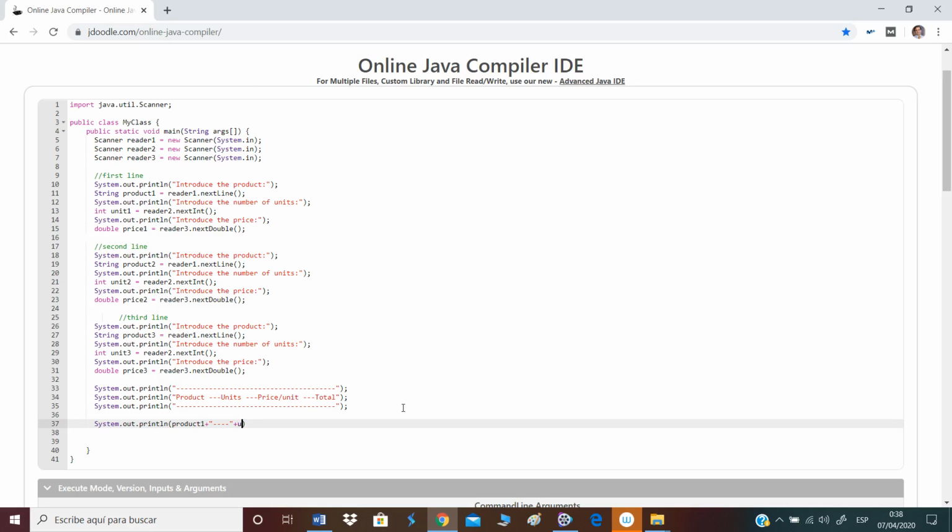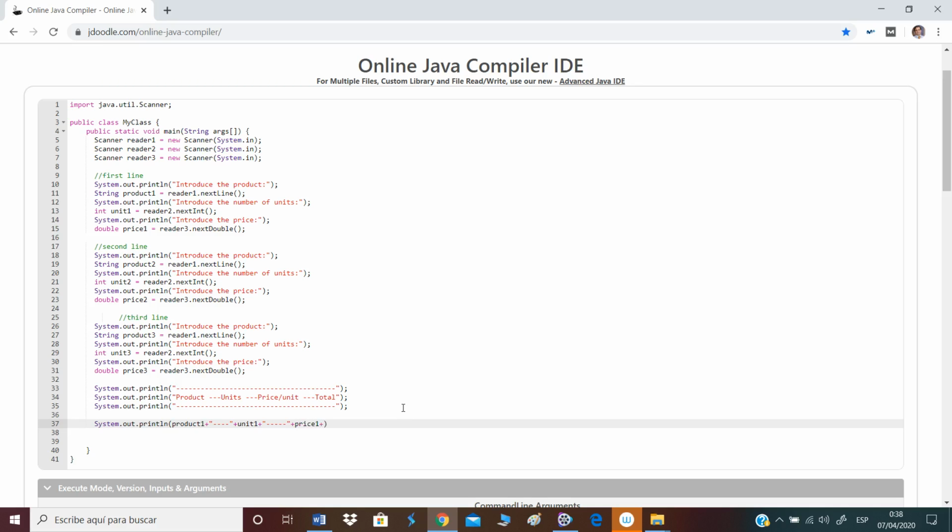Then later comes unit, is unit or unit 1, yeah. And then some separator there, and then it comes price